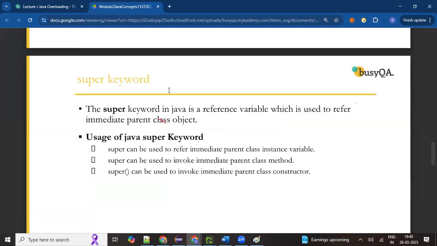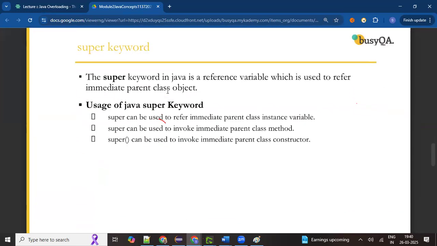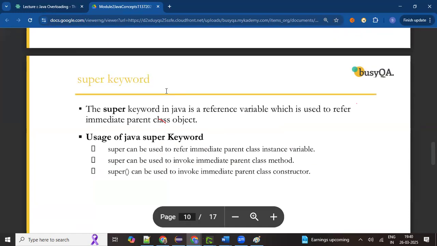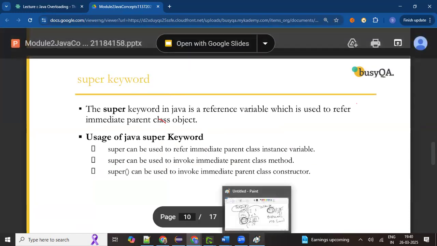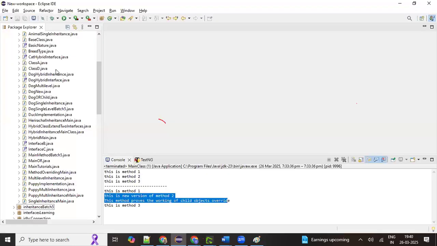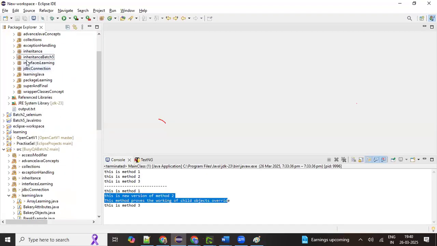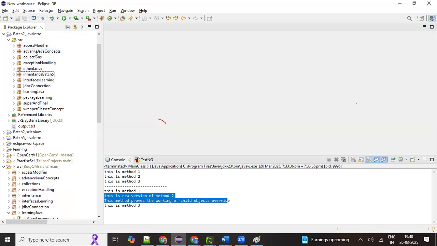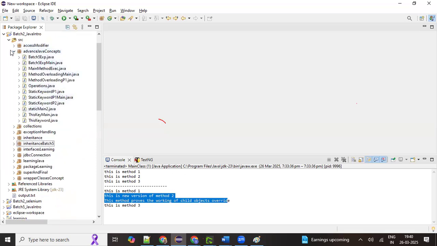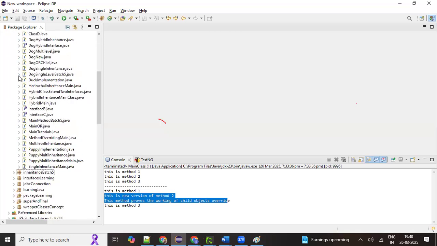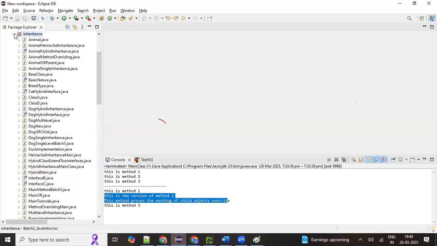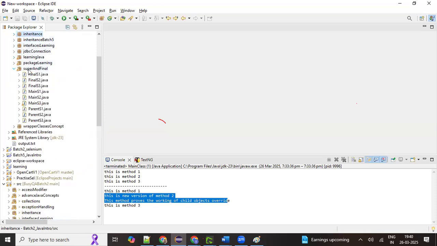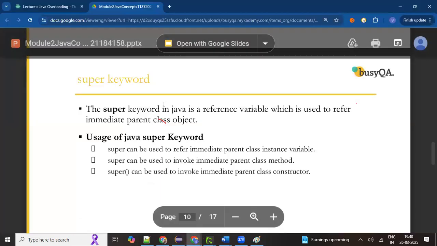Okay, next is the super keyword. Let's go to super. Where's the code for super? It's done. Inheritance should not have super. Oh, super and final is here. So for super and final, you have to refer to this package, which is super and final. So these are two more topics of